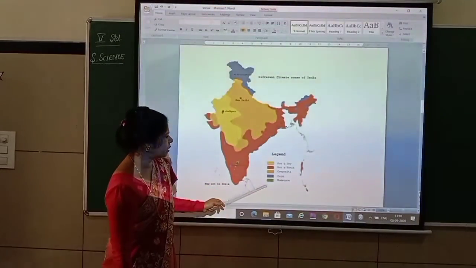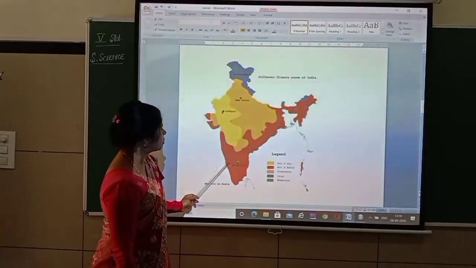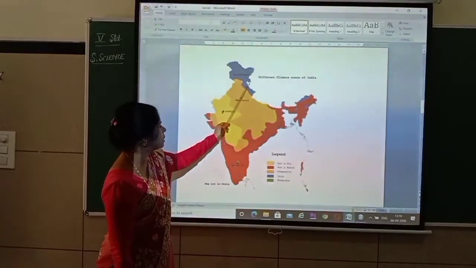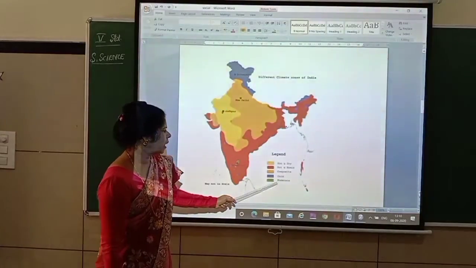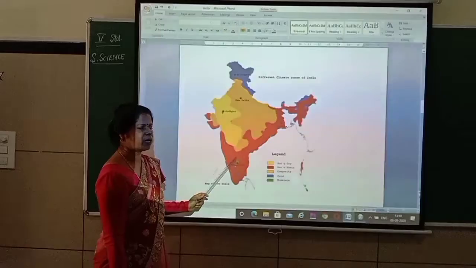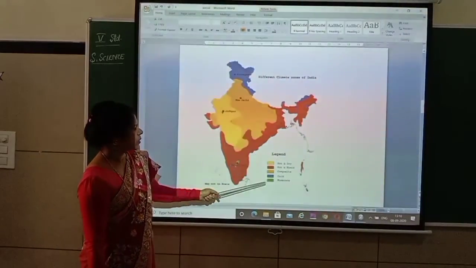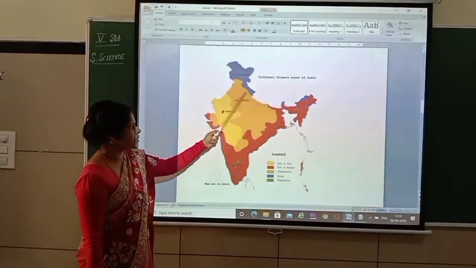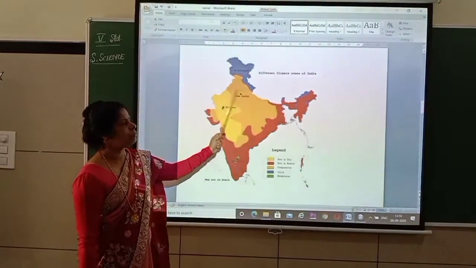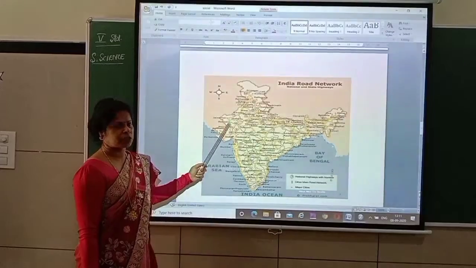So that is composite. Then blue color, all this blue color indicates cold season, very cold areas. And green color shows moderate. Moderate means not very hot, not very cold. So green color is moderate climatic condition. Okay, this is about the climatic conditions of a map. In the different locations can be seen.